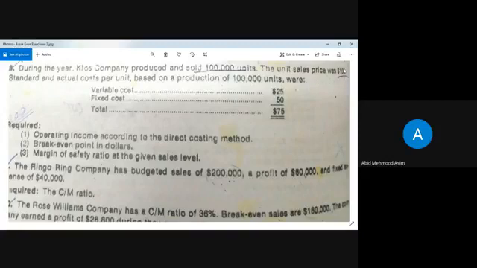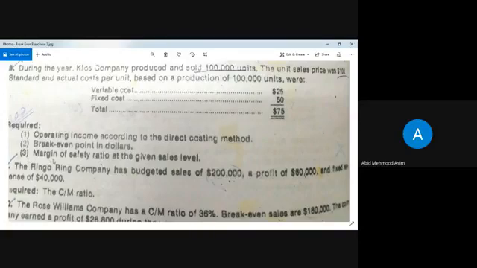If you want to calculate from the amount, that would be a lengthy process, but from the units it will be calculated simply. 100 sale minus variable cost 25, it is 75, and when you again divide it by sales 100, it is 75% or 0.75. When you divide this 50 lakh, 50 multiplied by 1 lakh, by 0.75, the resultant value would be your break-even point in dollars.